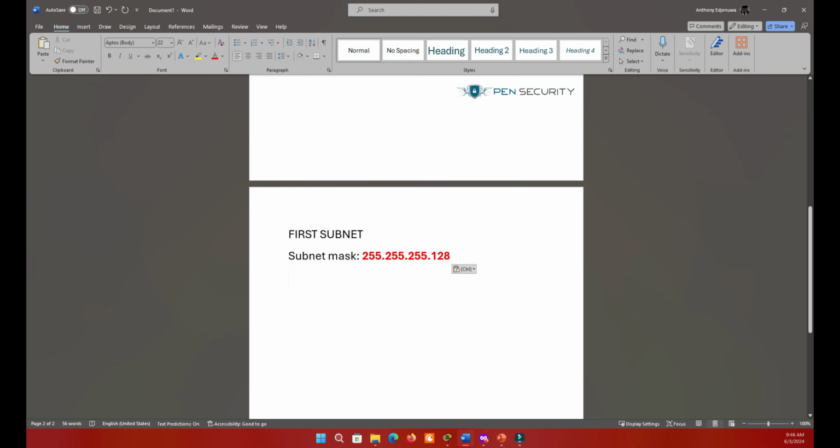Then the next thing we need to do is our network ID. Our network ID is 192.168.10.0. That is a network ID. Since we got our network ID, then we need to get the valid range. The valid range will be equal to